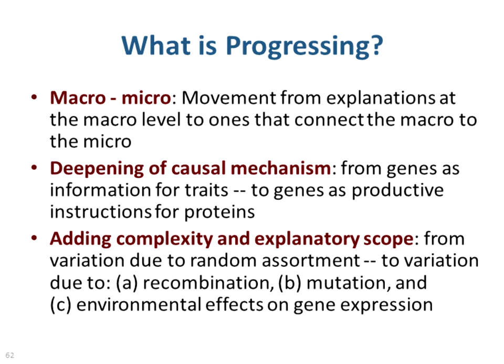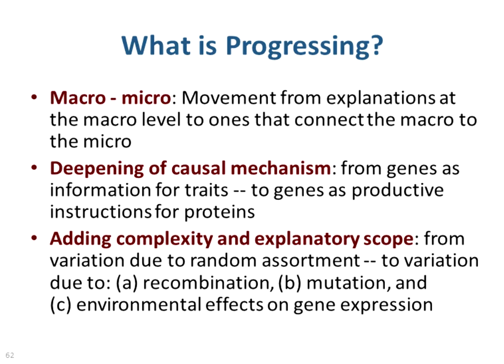We're also deepening the causal mechanisms, right? So in the earlier grades, 3rd grade, 4th grade, we're thinking of genes as information. We're not really saying exactly what the information is for. It's for traits writ large, okay? So it's information for your hair color and your height and shape of your ear. In the middle school, we're deepening this mechanism, sort of opening a black box, and now we're talking about genes as instructions for protein. And then at the high school level, we're talking about precisely how these instructions work, right? How would you read the code?